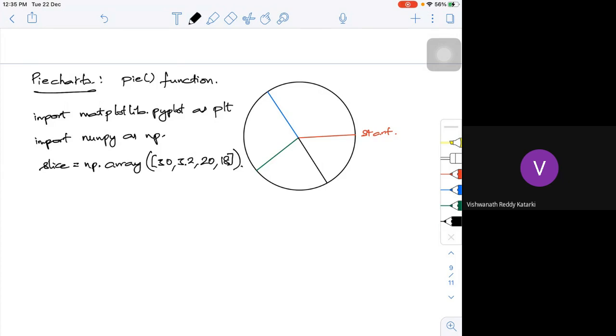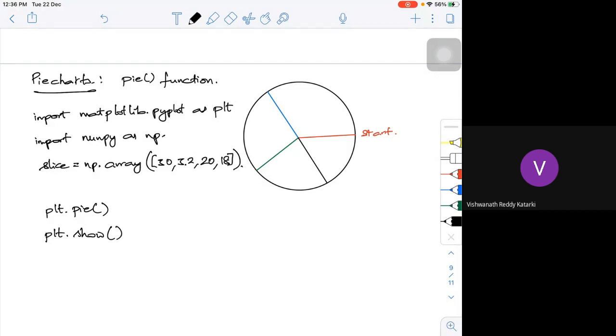The moment you do this, I'm defining the percentages I have, showing what percentage each part is. If you want to label it, you can label it. If you want to plot this, I simply go plt.pie, put it in, and plt.show, and you're going to get the plot.